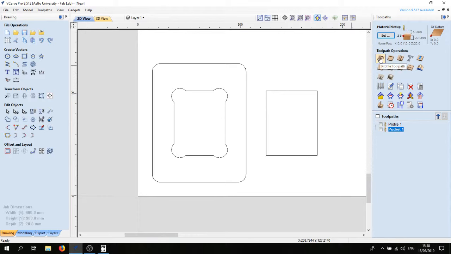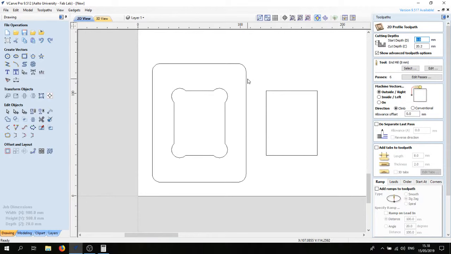Okay, so I'm going to Profile Toolpath again. I'm selecting the profile. The tool is already selected. The depth is going to be cutting through the whole material, and I want to cut outside. So from outside, not the inside. You could also specify it on the line if sometimes needed. Then I'm going to add tabs. So tabs are already added,